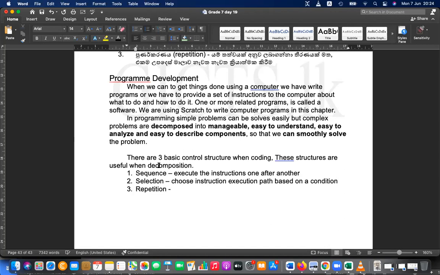Repetition: the same set of instructions are executed over and over again based on a condition.